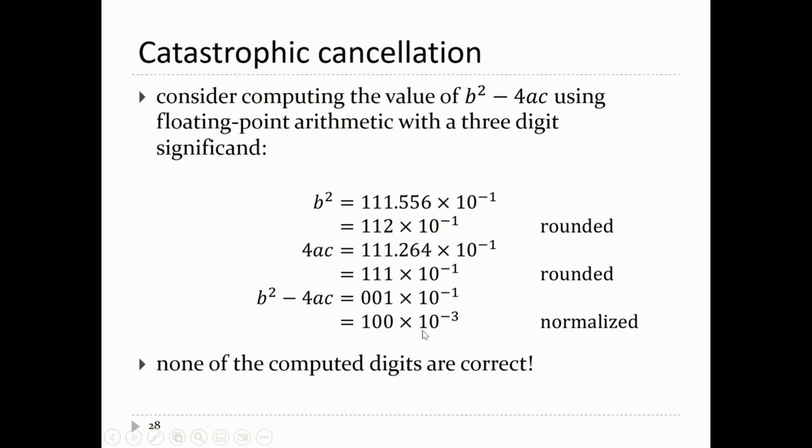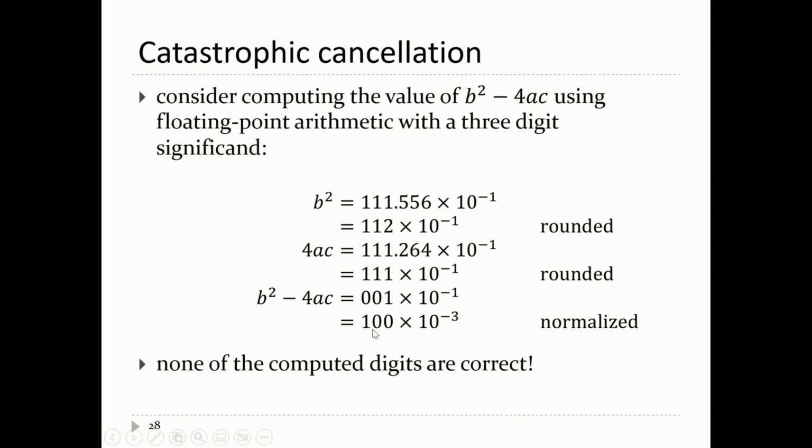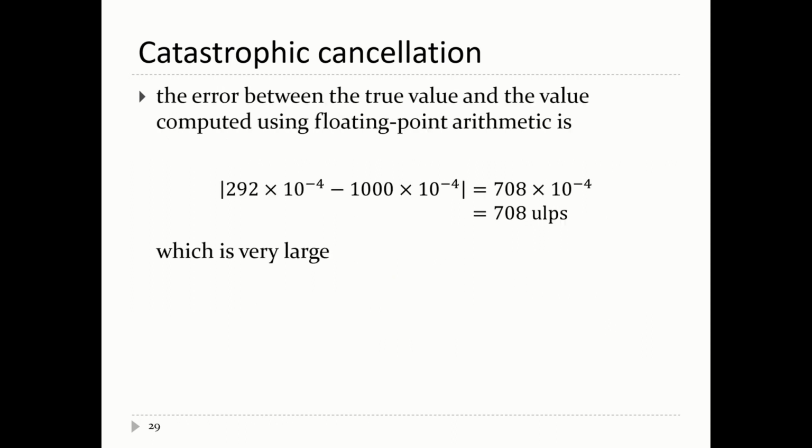Now compare that 100 times 10 to the minus 3 to the correct answer, 292 times 10 to the minus 4. None of the digits in the calculated result are correct. The 1 is wrong, the 0 is wrong, the 0 is wrong, and the 3 is wrong. All 4 digits in the computed result are wrong. Which is surprising. It's weird that that happens. If you compute the absolute error,